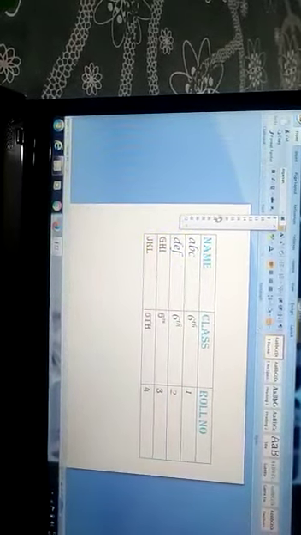Like this. Again, I will teach you how to select the text. First, select the cell and click and drag the mouse over cells that you want to select like this, and again go to the font option, click any font you want to select, and size option, again font color